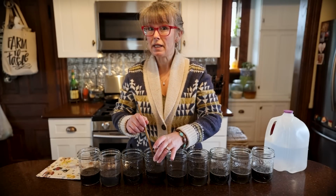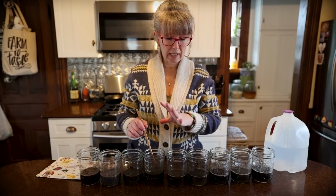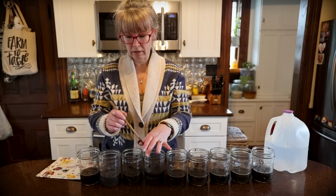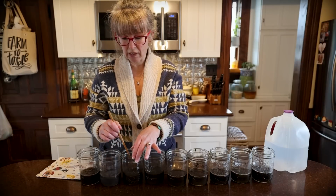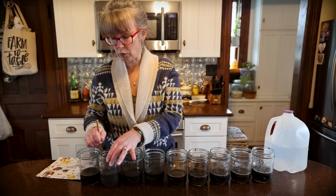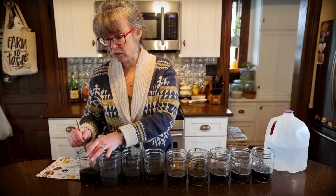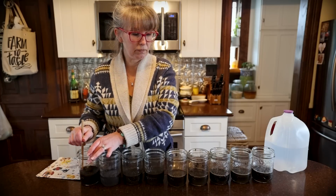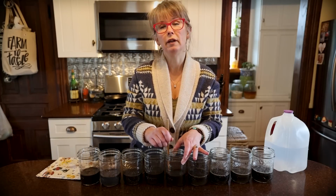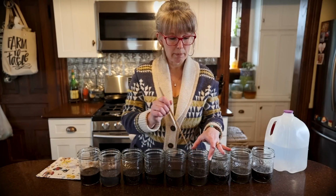So I have to let this sit now for an hour, just so that everything has a chance to balance out, and any reactions can smooth all the pHs out from that soil. I don't really understand it myself, but we're going to come back in an hour and use my pH test strips that I have for canning to test the acidity level of things. It's not going to give me a digit scale reading, but I'll tell you about what kind of